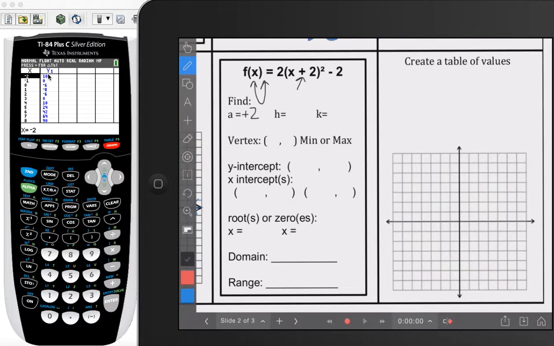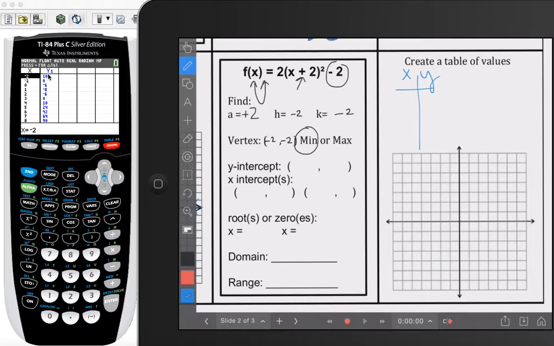The h is the opposite of the number on the inside, and k is the number that's on the outside. So as you can see, my vertex is (-2, -2). I can tell all of that from the equation alone. Now, since this is going to point upward, the vertex is going to be a minimum. Now let's check if I did all of this correctly, and I'm going to go to the